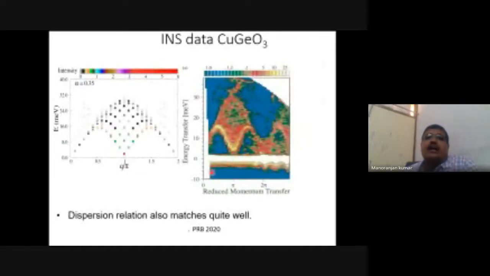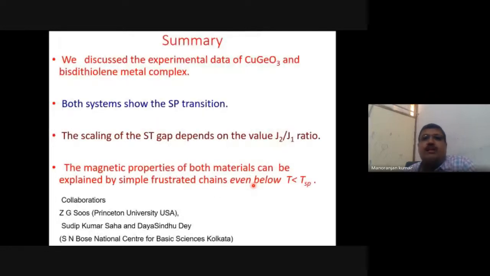Again, I'll go to the INS data, and here you should compare this one with this one, and see the intensity corresponding to the intensity they have plotted here, and you see that this is fantastically matching with the experiment. The whole dispersion curve can be reproduced using this simple theoretical model. In summary, we discussed the experimental